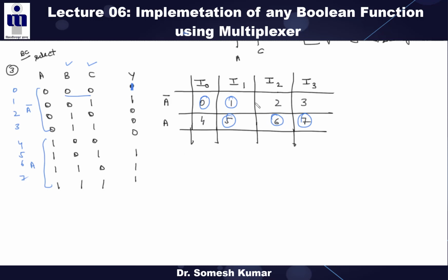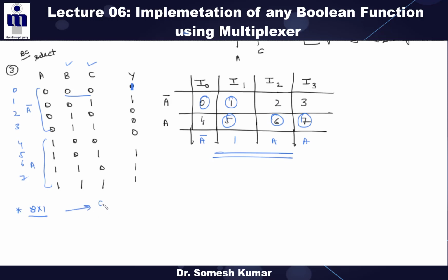I note is your A bar, here 1, it is A, right? Simple one. Here, so now the conclusion is any two variables can be implemented with one 4:1 mux and any three variables can be implemented with one 4:1 mux and one NOT gate, right? Similarly, the similar statement for the 8:1 mux, right?